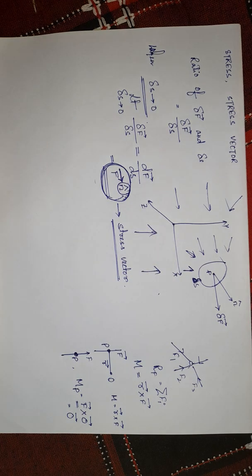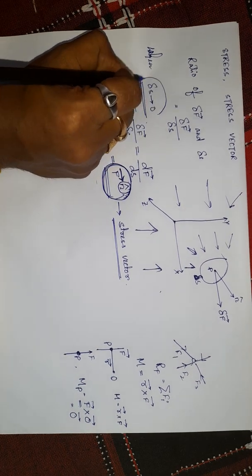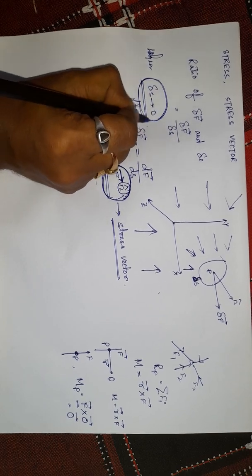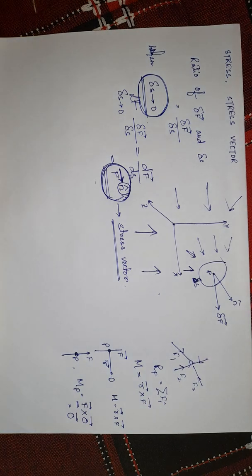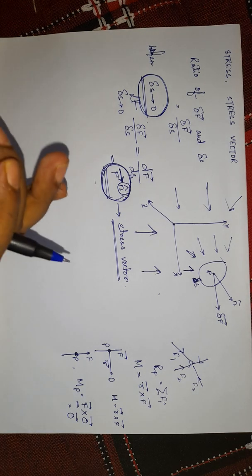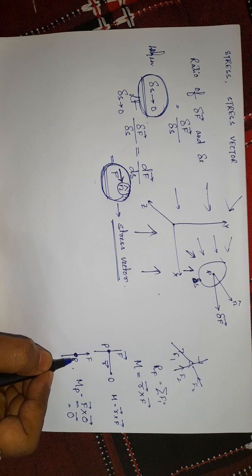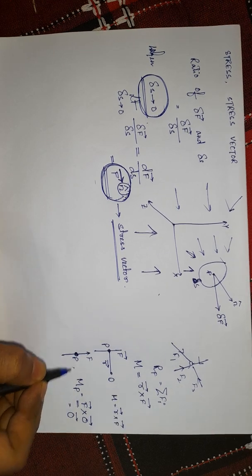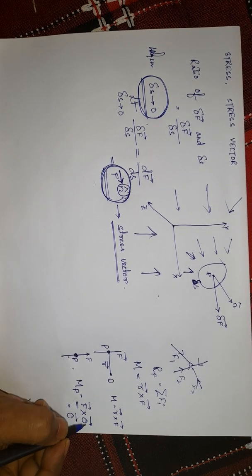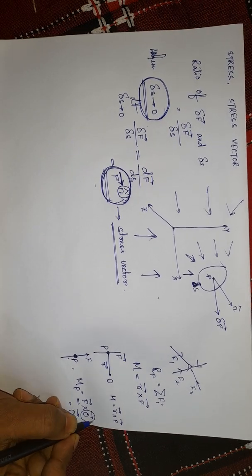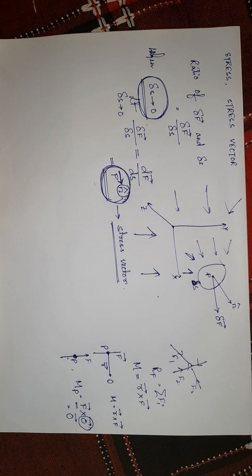Now one question might come: where is the couple, or where is the moment of force on this particular area? When you take this limit, delta S tends to 0, the elementary area converges to a point. So now you are calculating the moment of the force with respect to the point P, and the force is applied at the point P. The moment of the force with respect to the point P will be 0. Why? Because the distance of the point P from the measuring point is 0.